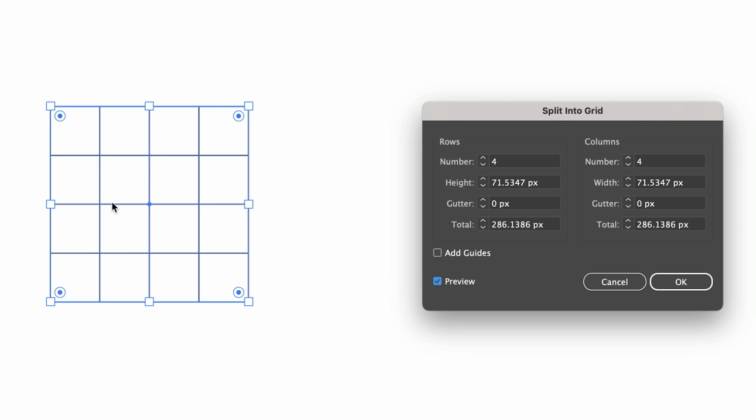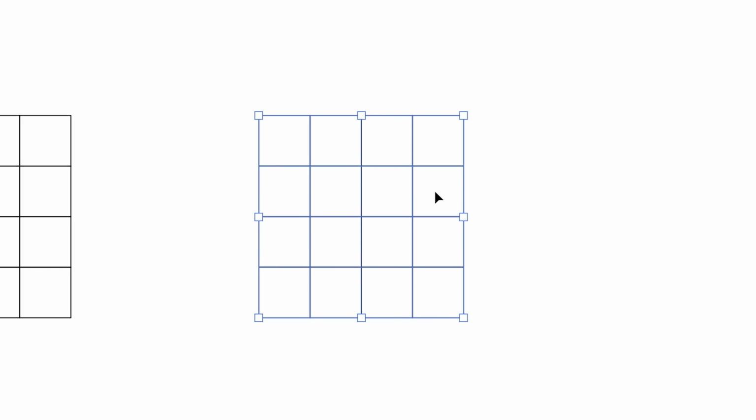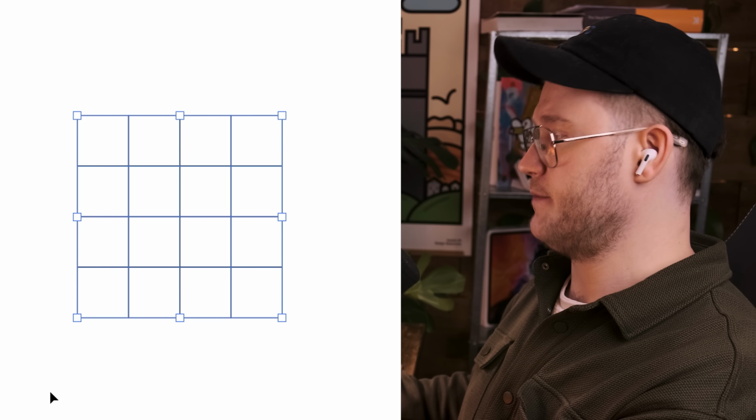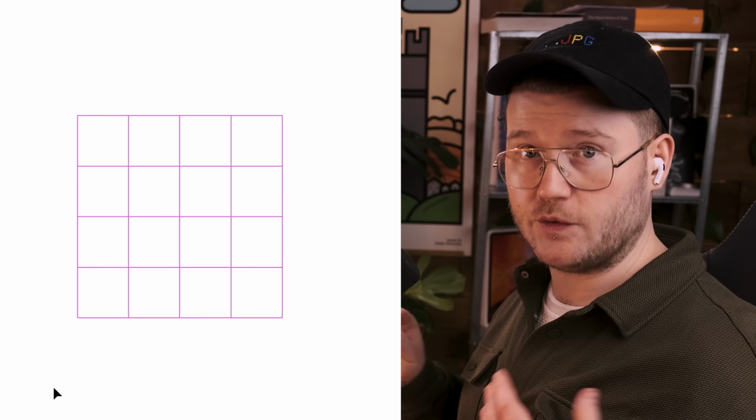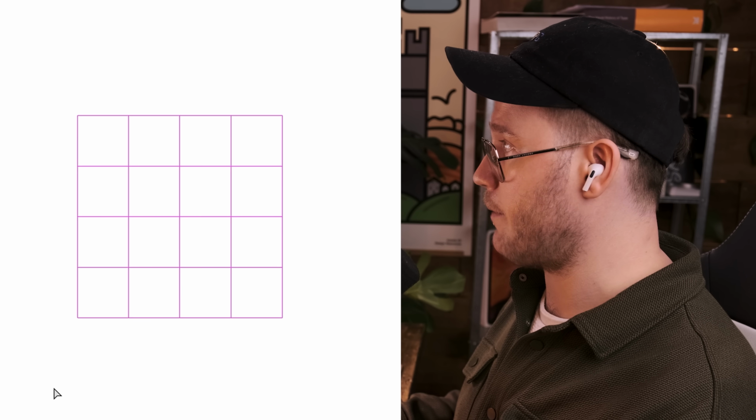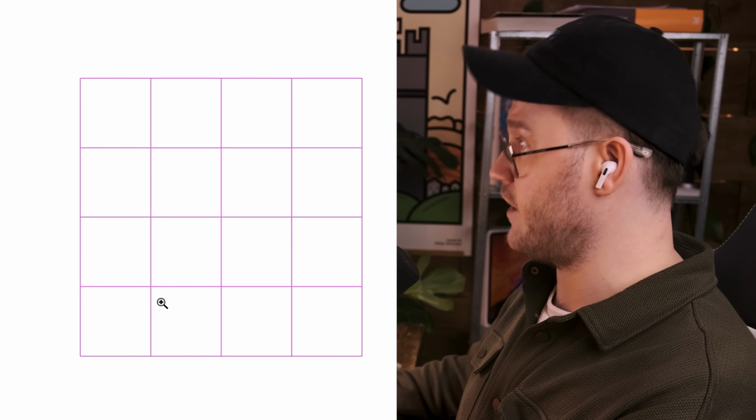You can preview this if you want. You can add 5 or 6 or whatever, but I'm going to do 4 and 4. We've now got a grid which are separated squares like so. What we can do is we can actually just highlight this and press Command 5, which will turn them into guides, and we can turn them off and on by pressing Command and colon, which means that we can create